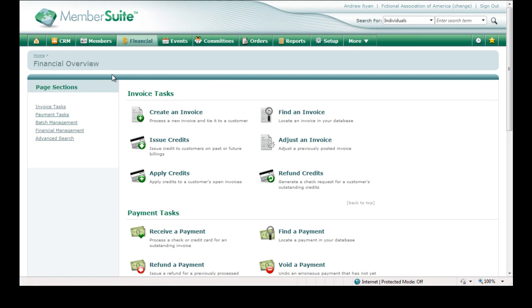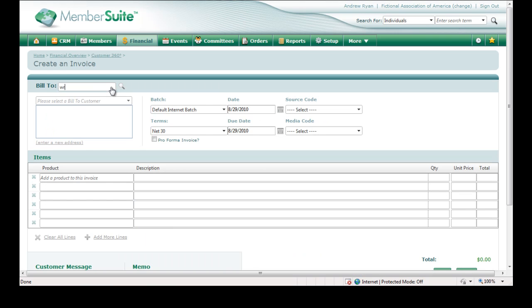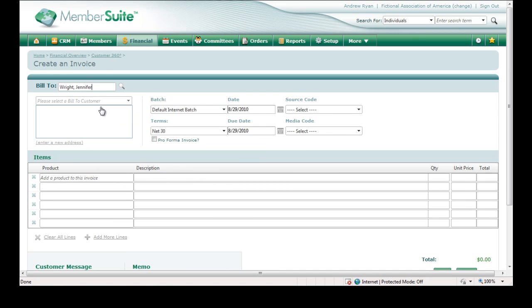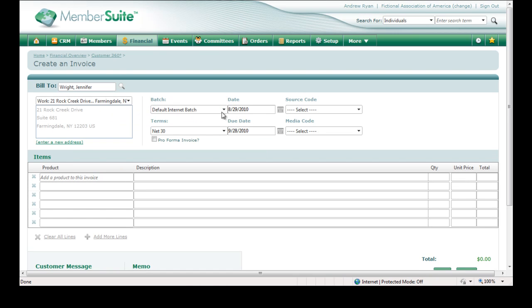You can create an invoice in MemberSuite from the Financial module by clicking Create an Invoice. Before you begin, you must specify a bill to customer, which we'll do here. Select the batch that the invoice should belong to, as well as the invoice date. If you'd like to record a source and media code from the invoice, indicating where it came from, you can,